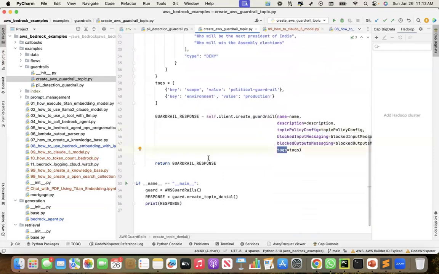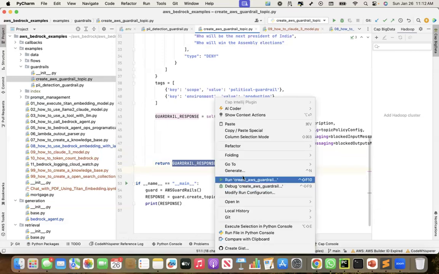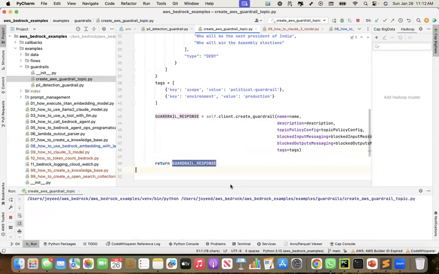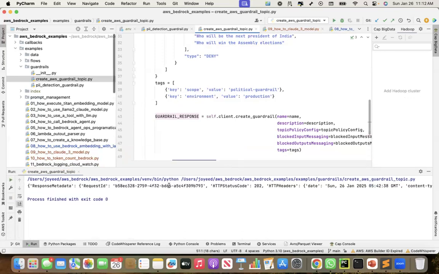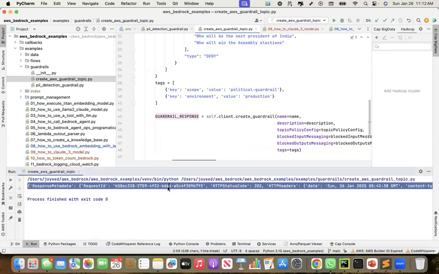Then I'm returning the guardrail response. This is my entry point. If the module is main, guard equals AWS guardrails, response equals guard.create topic denial, and print the response. So let's run it. It generated this response,